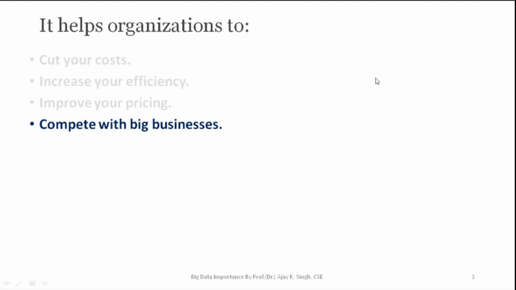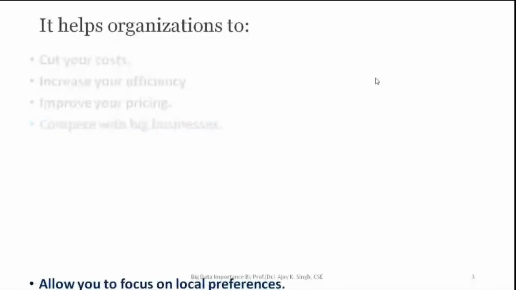So next we are going to go for the complete big businesses. So obviously some competition is there. You have to compete with big businesses. If you are really well prepared by seeing that big data, whether the market is there for that particular product or not, then ultimately you are going to switch from that product to some different product. So the market has to be analyzed first, isn't it?